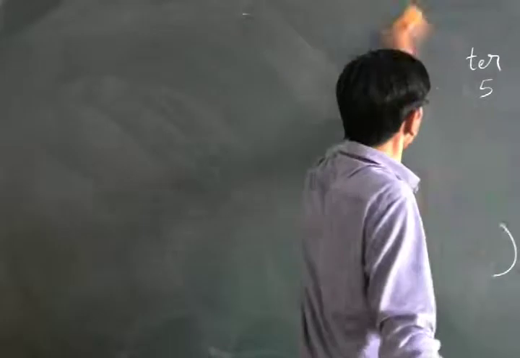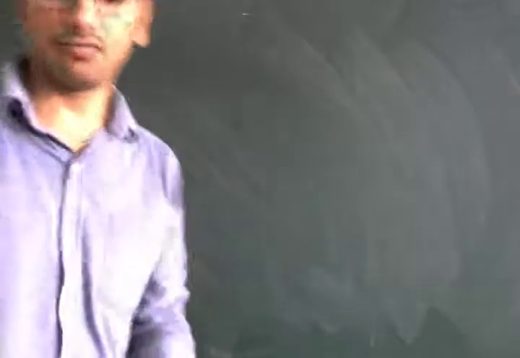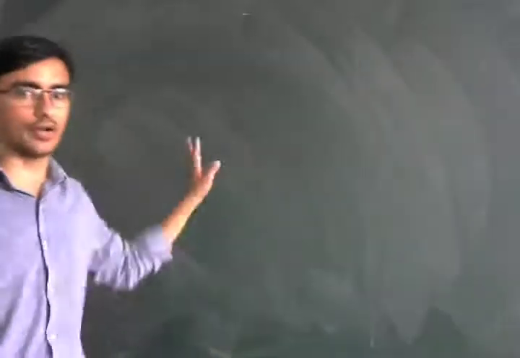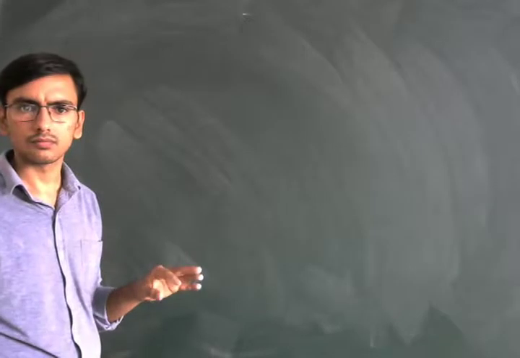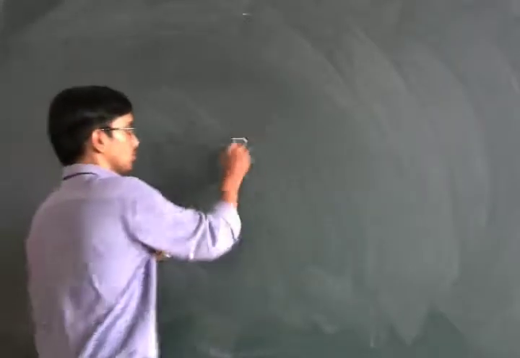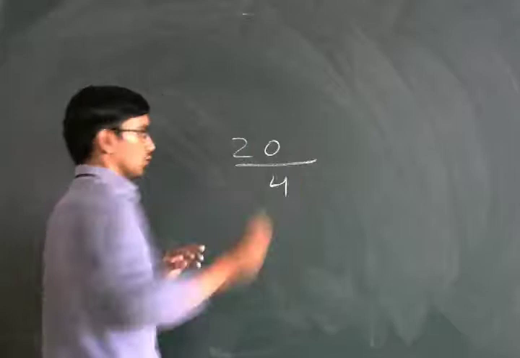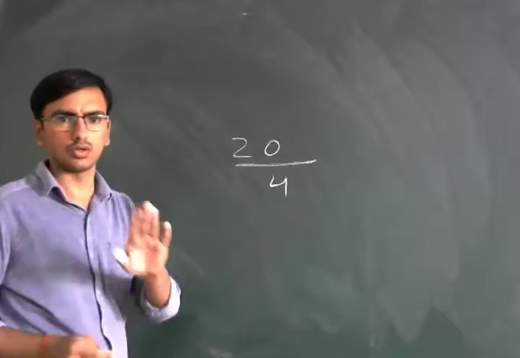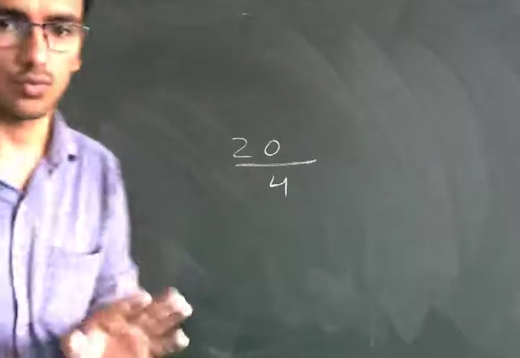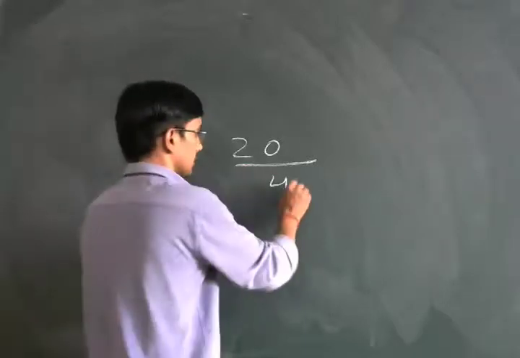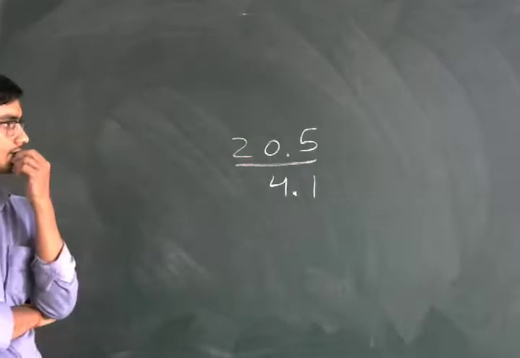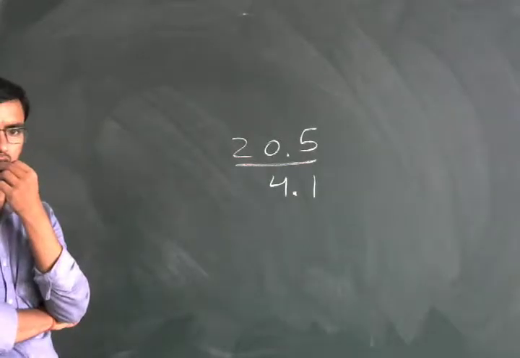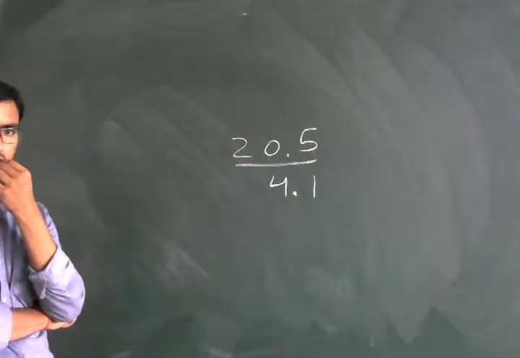So what if we divide 20 and 4? We will also get 5, so we can do that type also, no? Yes, sir, I also did that type. I divided 20.5 by 4.1, did like that only. Santosh, what are you telling? Sir, I too did this method, 20.5 by 4.1. So I got 5, so the answer is pentagon.